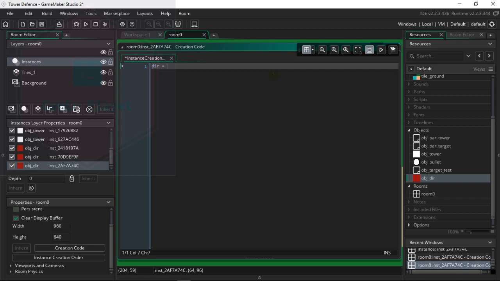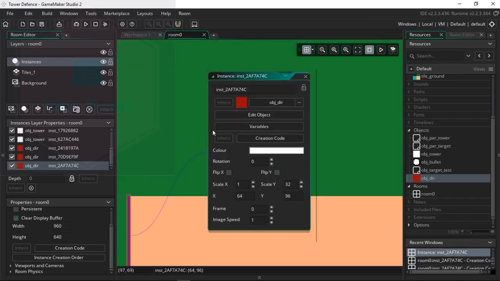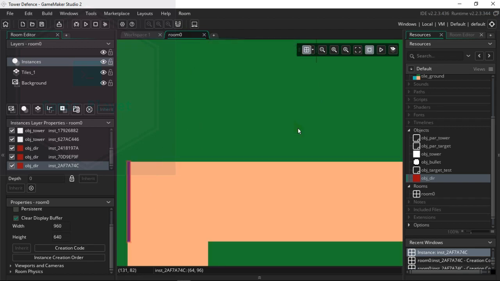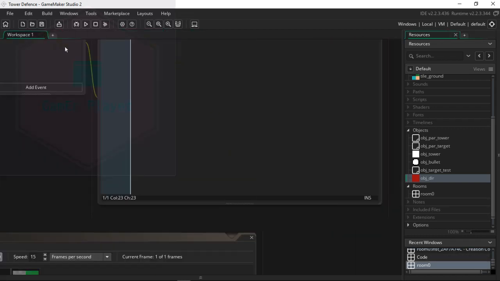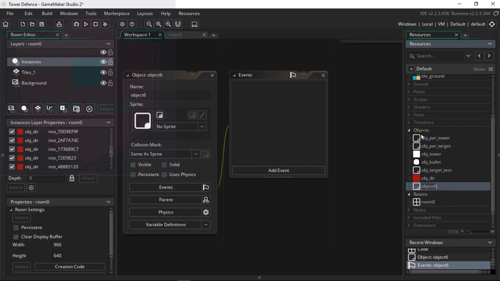So dir equal 270. Okay, I'll just skip all this now. I'll just do the rest, and I'll be right back. So I've done creating the map with all the object dies in it. So the path is finished. Now I'm just going to make the last collision thing, which is going to spawn the